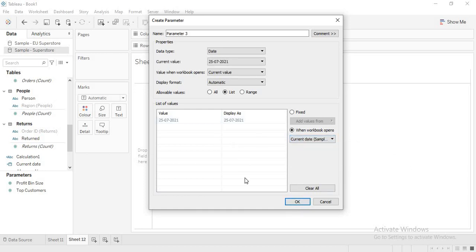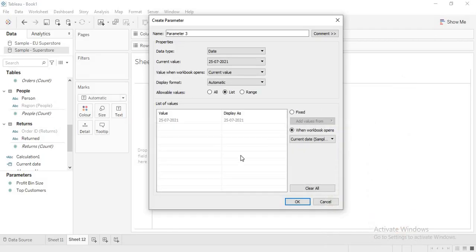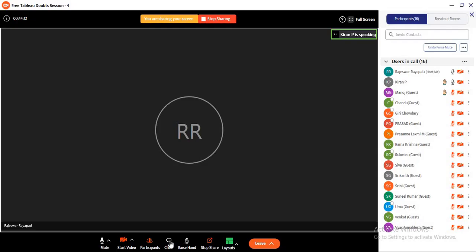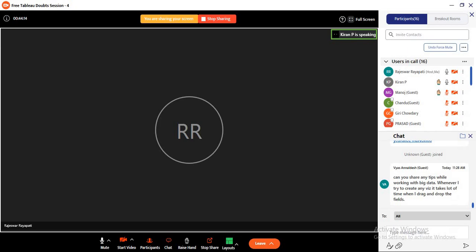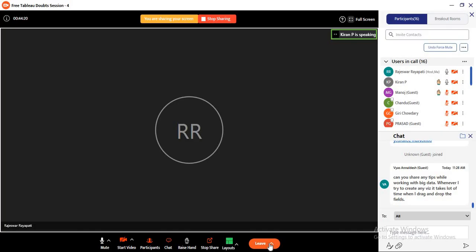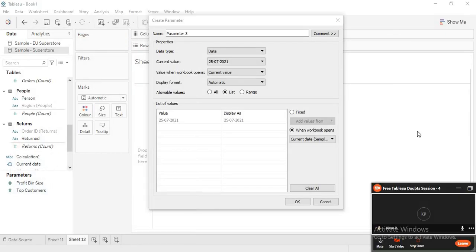Now I think your screen is frozen. Okay, just a moment. I think I am sharing the screen, right? So is my screen not visible? The Tableau book one is seen, but nothing has been changed. Okay, let me do one thing. Let me go to here. Let me share my desktop. Now is it visible? Yeah. Okay, so that is because of that. Okay, fine. Great.